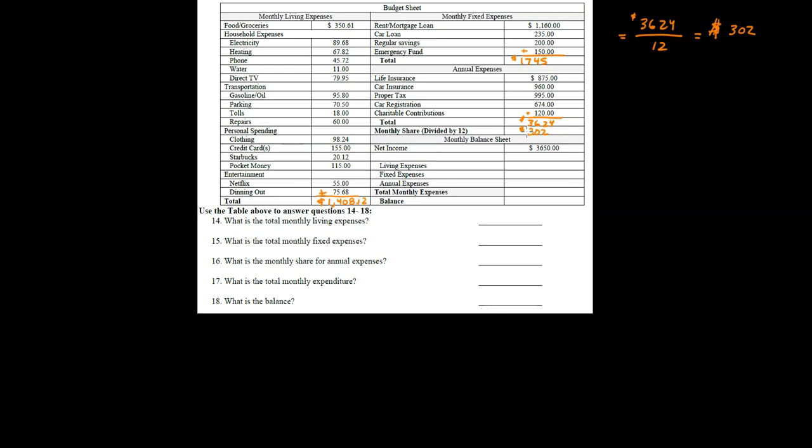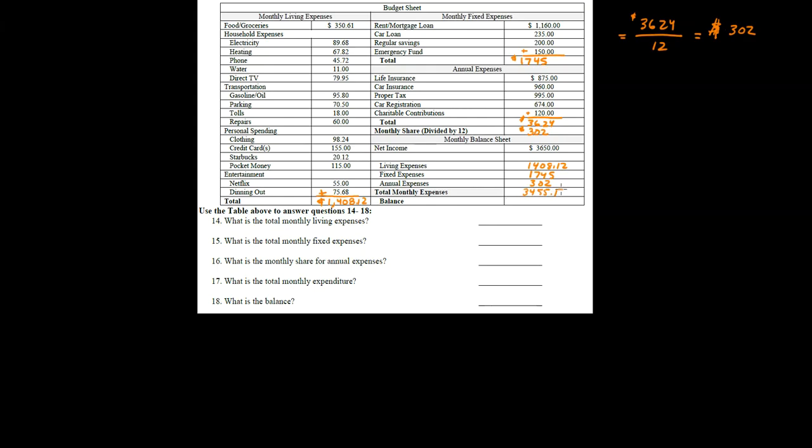So now what I'm going to do is fill in my living expenses. We said over there were 1408.12. My fixed expenses this month were 1745. The amount that I need to be saving each month for those yearly expenses are 302. So the total amount, if I add those up, that I need to be planning to spend each month would be 34,